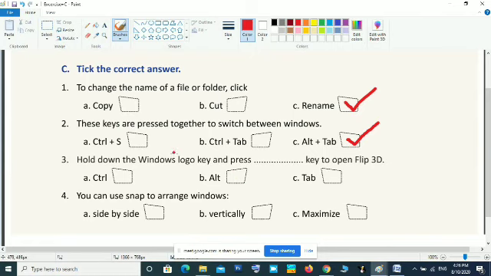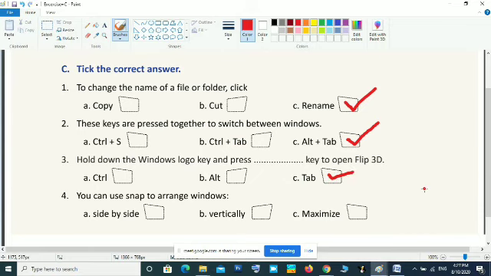Alt Tab is to switch between windows. Then same thing in 3D, that is Flip 3D, you have to use Microsoft logo key and tab key, not Alt key.